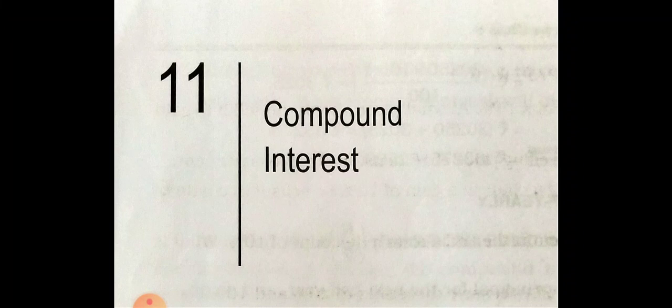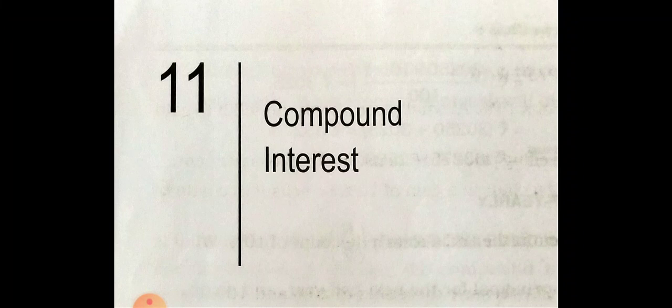When money is borrowed on simple interest, the interest is calculated uniformly on the original principal throughout the loan period. However, in post offices, banks, insurance corporations, and other companies which lend money and accept deposits, the method of calculating interest is quite different. Under this method, the borrower and the lender agree to fix a certain unit of time, say 1 year, or a half year, or quarter year, that is 3 months, to settle the previous account.